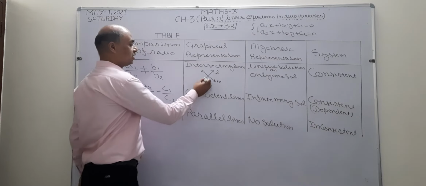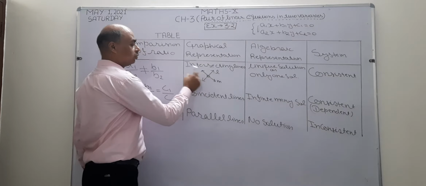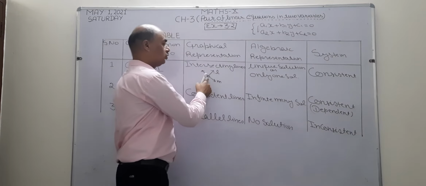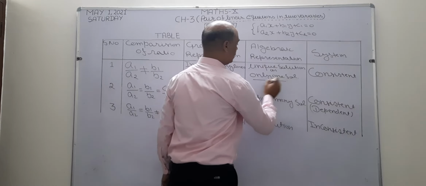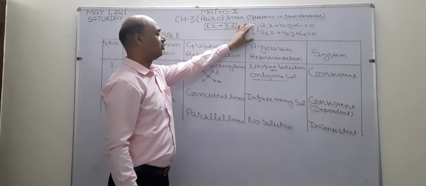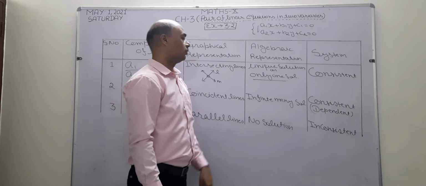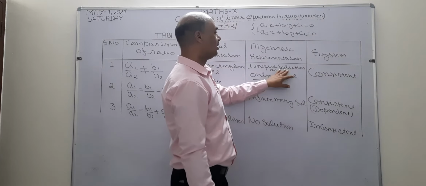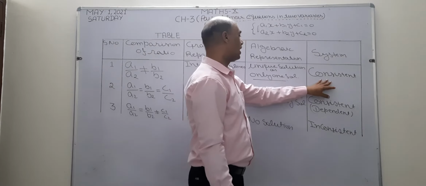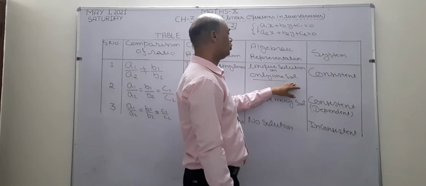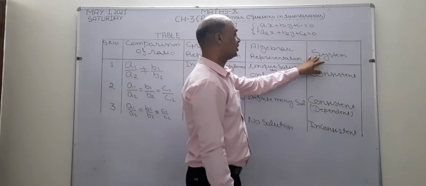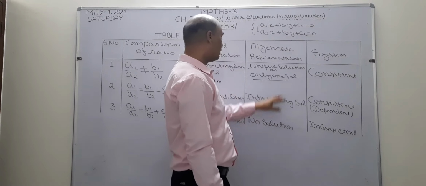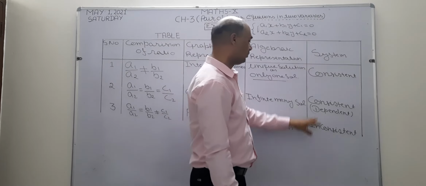When they intersect each other, then there is only one solution. So I write algebraically, there is a unique solution. Unique means only one solution. Algebraically, these type of equations are known as having a unique solution, and the system becomes consistent. Whenever a solution is there, the system is known as consistent. Either it is a unique solution or infinitely many solutions, the system remains the same. The system is called consistent when a solution is there. When a solution is not there, when we write no solution, then the system becomes inconsistent.